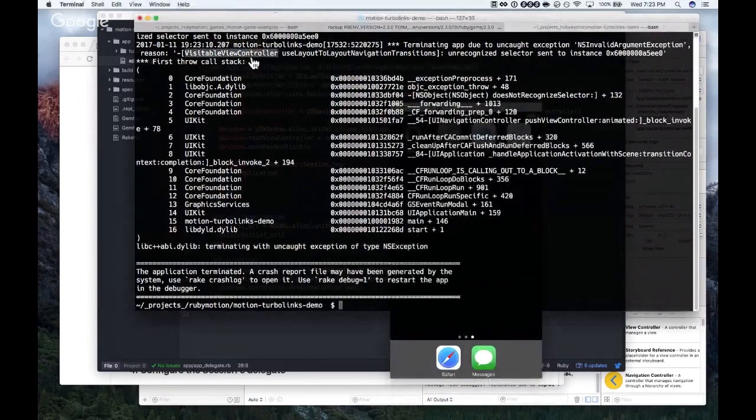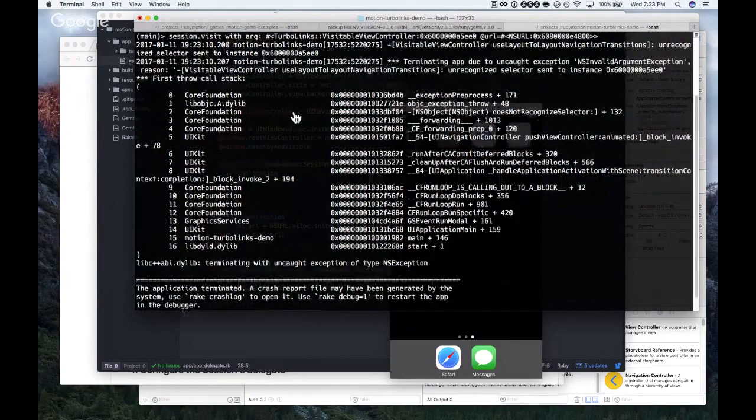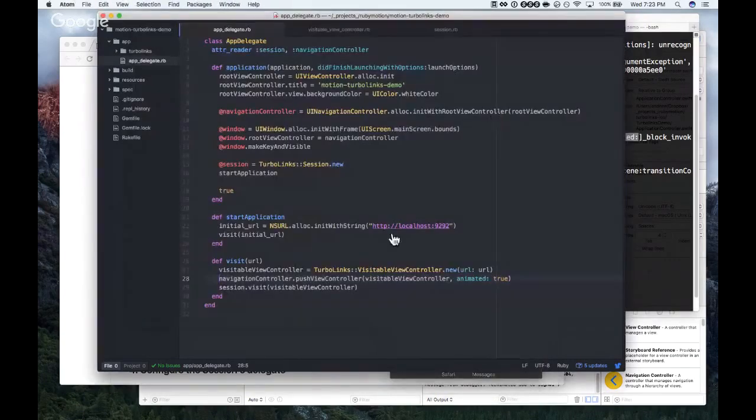Invalid argument exception. Visible view controller. Unrecognized selector sent to instance. So when push view controller animated gets called, it's expecting a view controller, but we just created an object that doesn't adhere to what it expects.